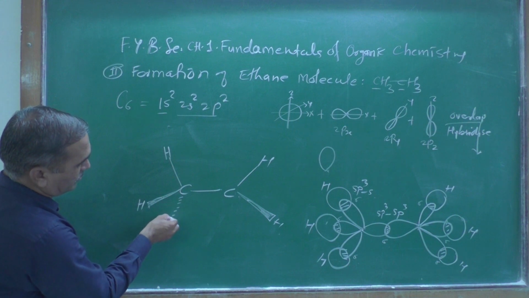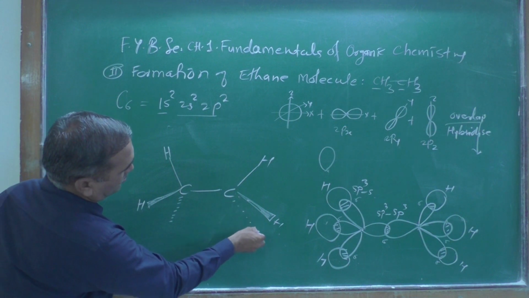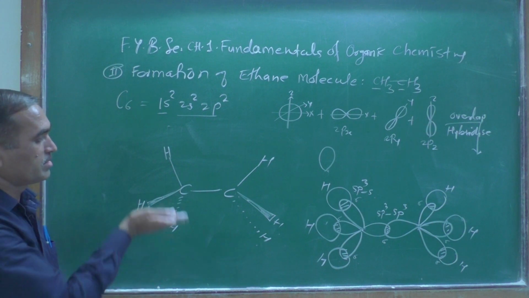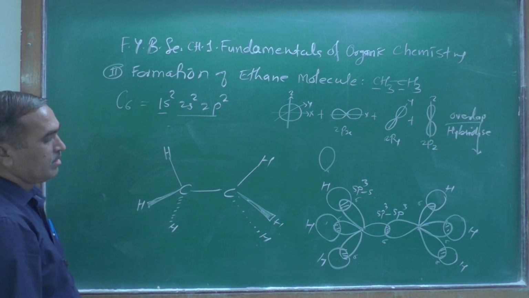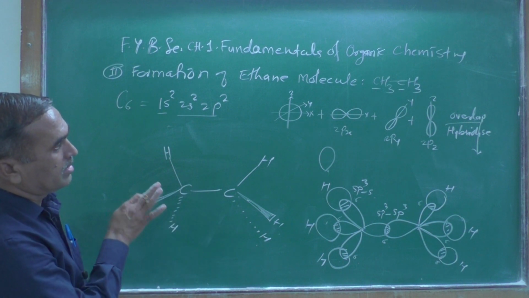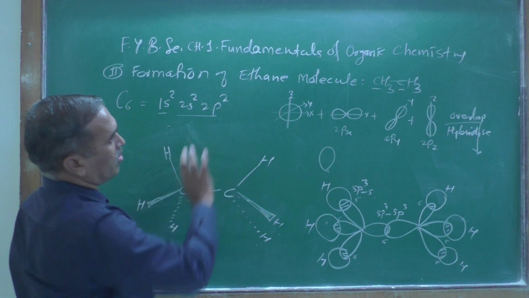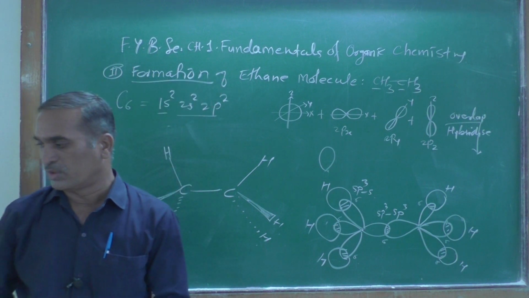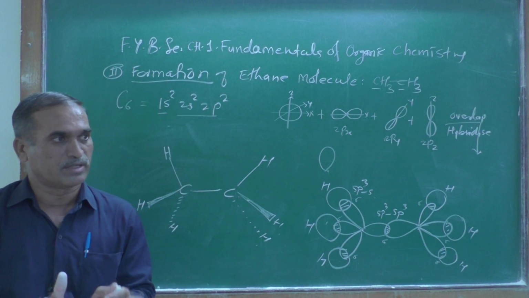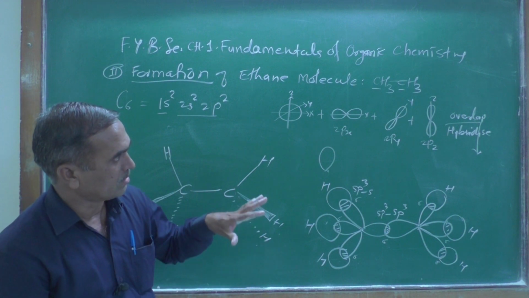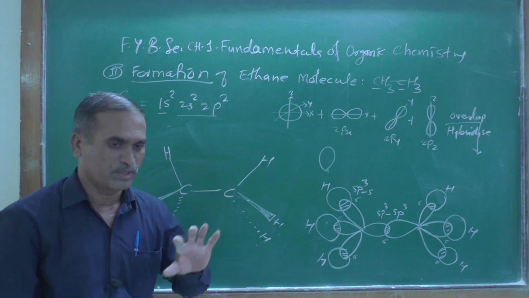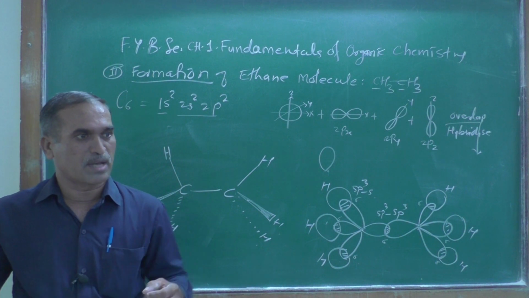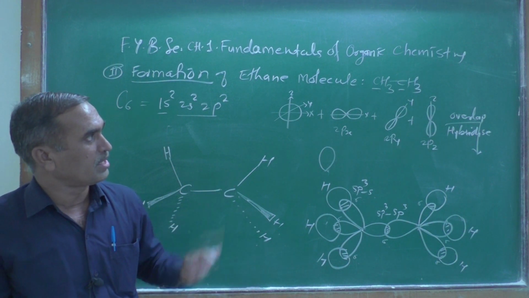And now we can show another bond here like this. This hydrogen atom goes away from us, or below the plane. So this is a clear representation of the ethane molecule. This is the formation of the ethane molecule. I think this one we already, so far we have learned two examples, which is clearly shown by the